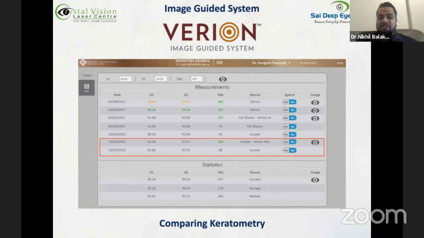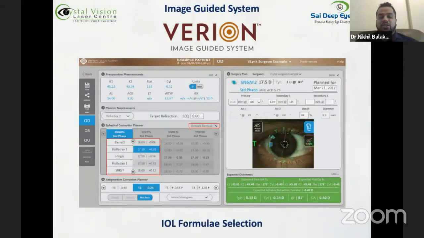You can see which axis, which K readings on the axis are the closest, and choose that. Once you enter the biometry data, you could even select which formula you want. It has a list of different formulas, including the Barrett's IOL formula. And based on this, you can also fashion where you want to place your incisions, the width of the incision,